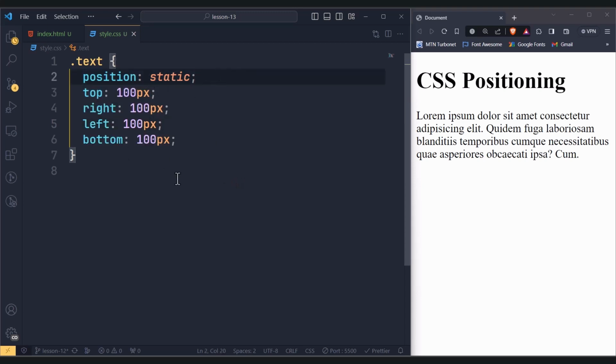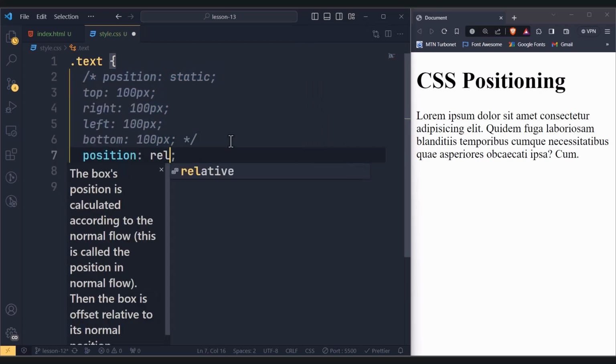The next one we'll look at is called relative positioning. Elements with position set to relative are positioned relative to their normal position. You can use the top, left, and right properties to offset the element from its normal position without affecting the layout of the element. So I'll just go ahead, comment this one out, and then I'll say position relative and